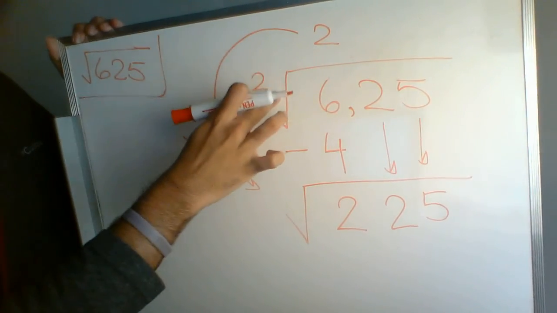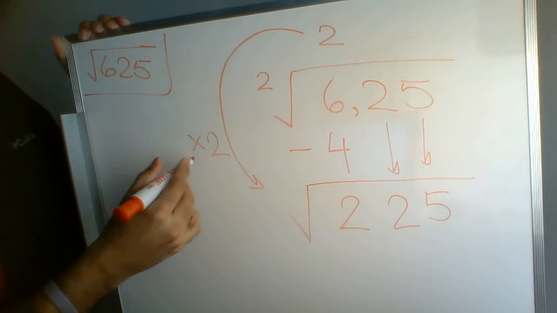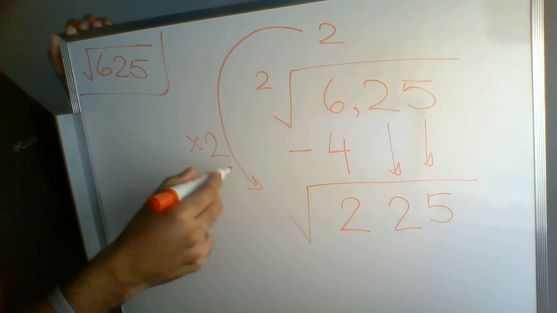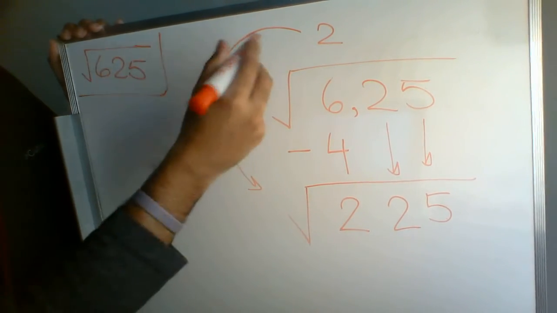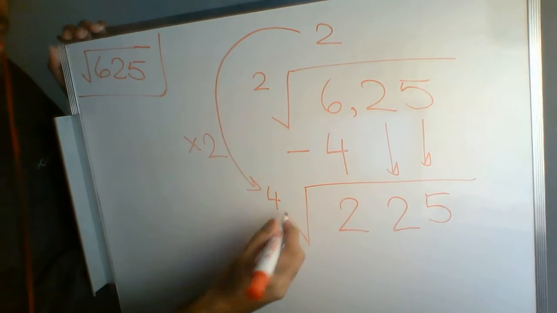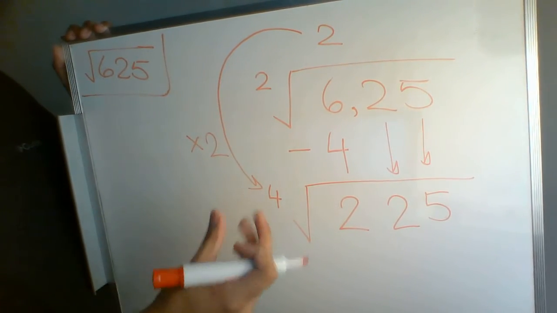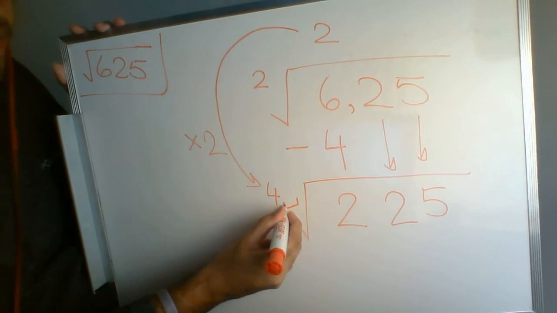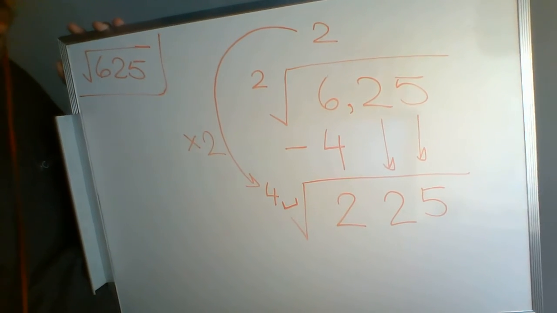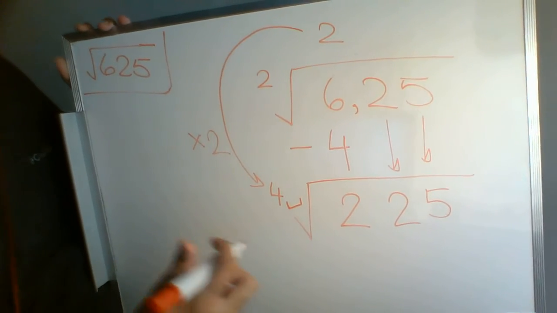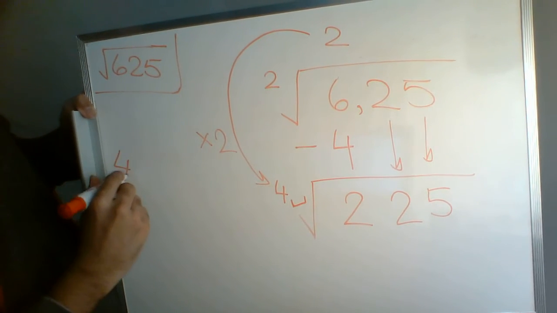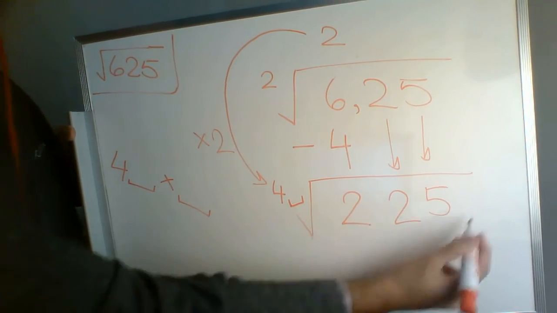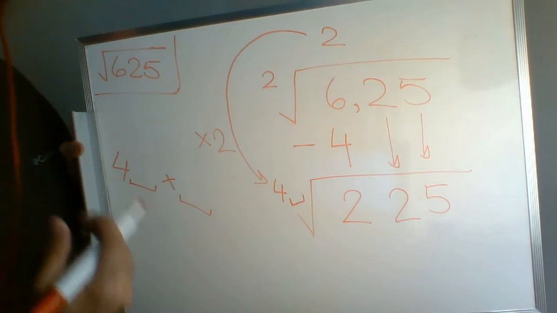Alright, so I'm going to get rid of those underscores because we don't need them anymore. So we take that 2 from over there, and then we double it, we bring it down over here, so that 2 times 2 is going to give us 4. But remember that we're moving that 4 over into the tens place, so it's not just 4, regular 4, it's 4 with a space beside it that we need to fill in with some number. So it's going to be 40 something. Alright, so now what we need to find is 40 something times something that equals 225 or is smaller than